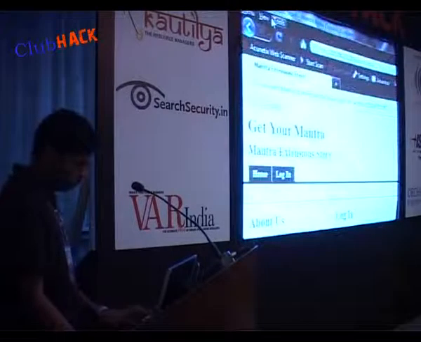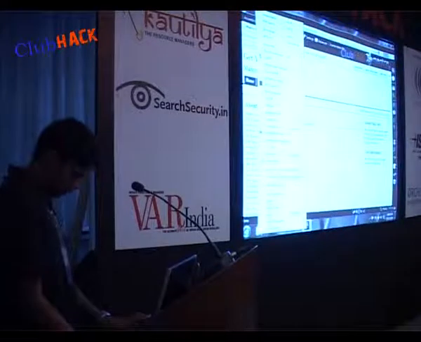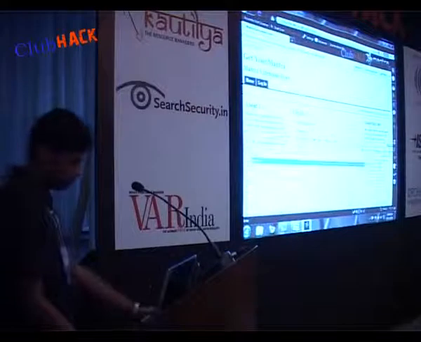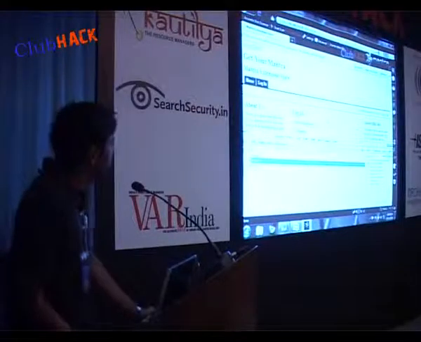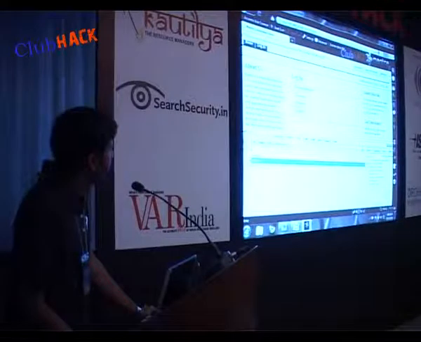I'm going to the tools and using Firebug. This is integrated into Mantra. I'm just going to activate this inspect element.